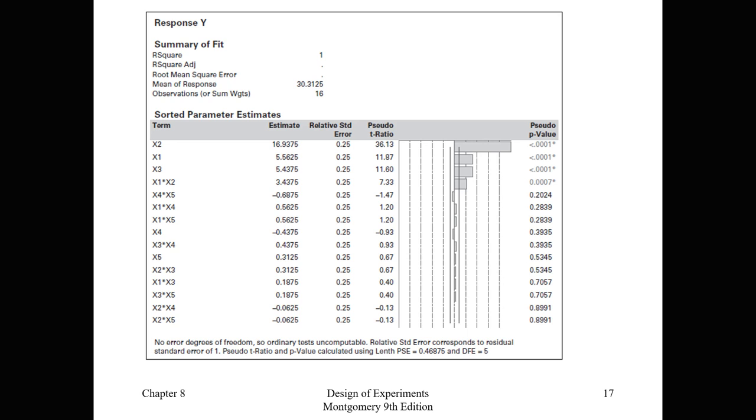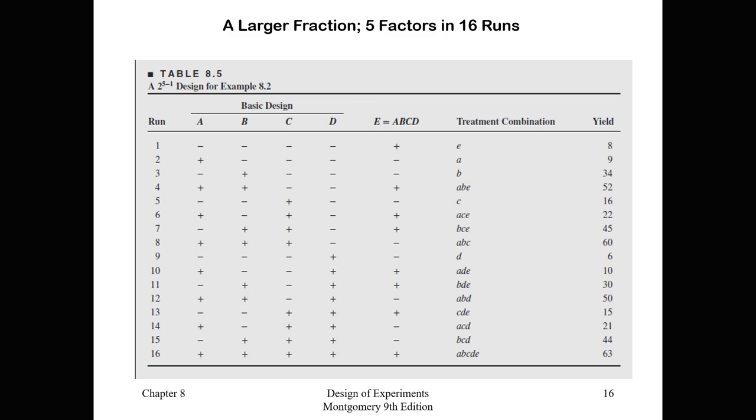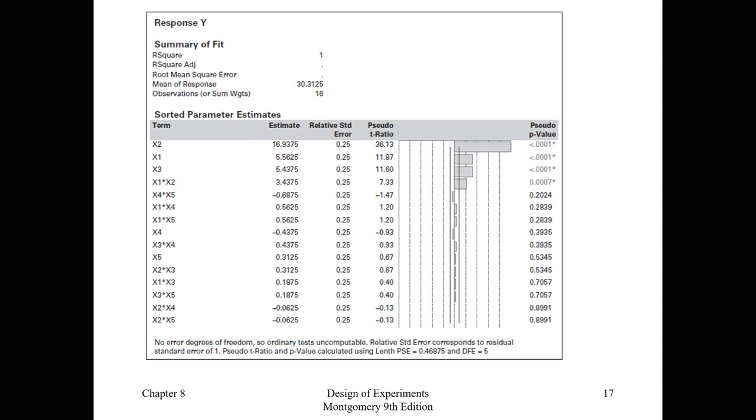Now we would analyze this in a very similar way as we would analyze any of these designs. We would simply plug this into a software and let the software run its course. There is specific analysis software that you can use for the fractional factorial design to look at which of the factors is outstanding as something that's jumping out as a factor of interest. So in this case, we have x2, x1, and x3 jumping out as the big 3 factors of interest